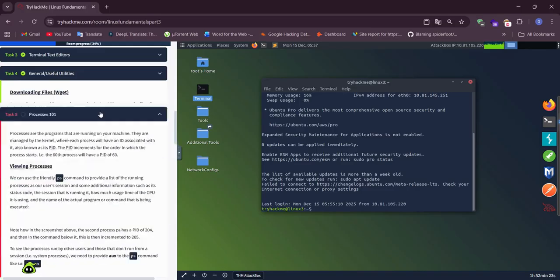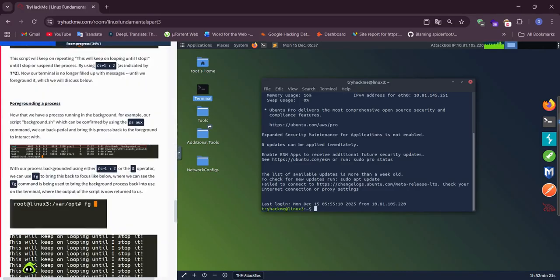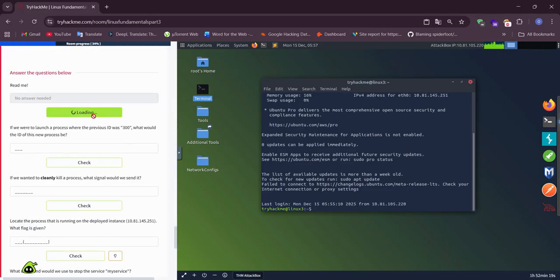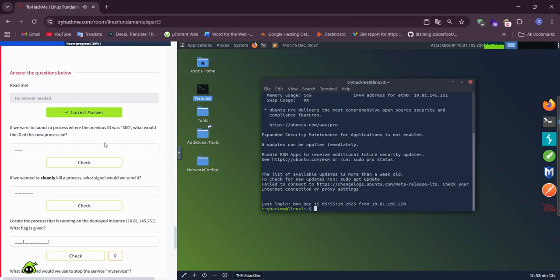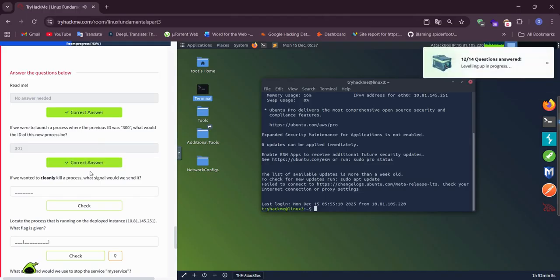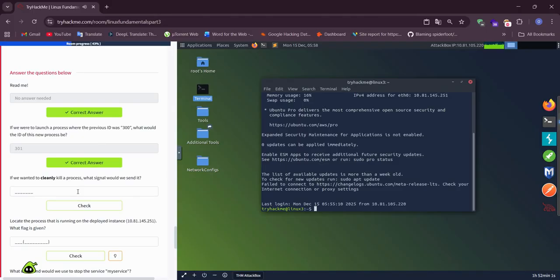Process 101. README. If you were to launch a process where the previous ID was 300, what would the ID of the new process be? 301. If you want to cleanly kill a process, what signal would we send it?